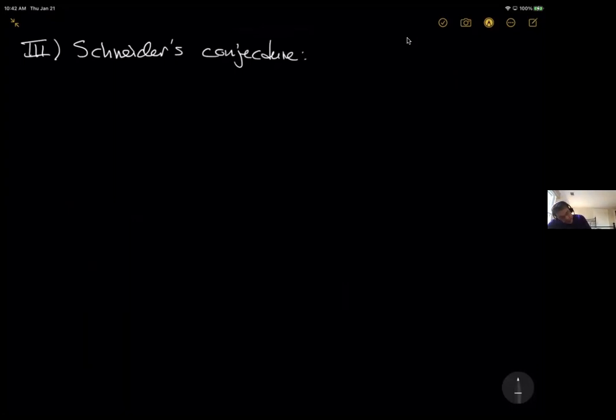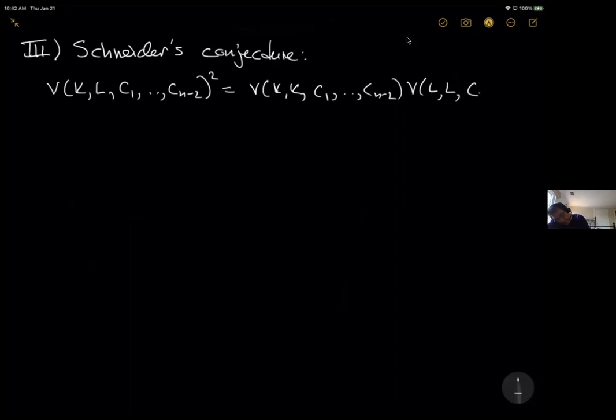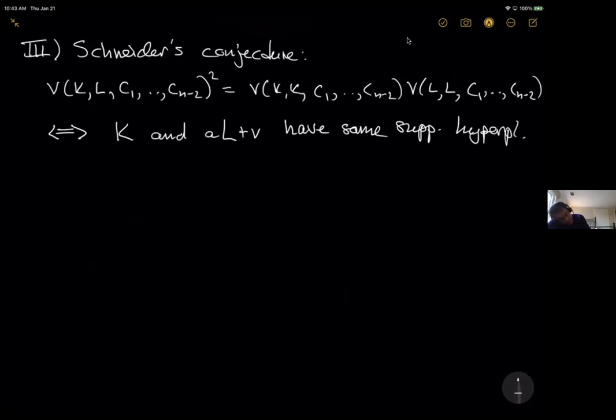So Schneider's conjecture is what? That you have equality in V(K,K,C) times V(L,L,C) if and only if, right? So remember, you have equality here if K is equal to aL plus v, right? If K is homothetic to L. But now you see we can make that weaker. We can say that K doesn't have to be equal to aL plus v. It only has to have the same supporting hyperplanes as aL plus v in enough directions. Right? So if K and some homothet of L have the same supporting hyperplanes in all directions,